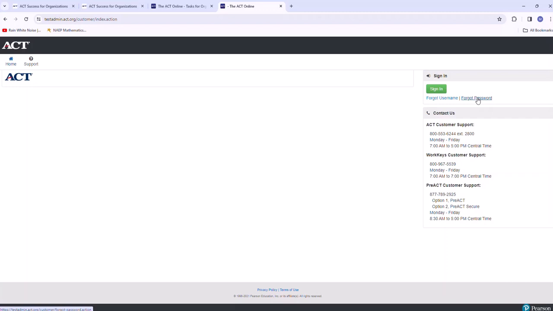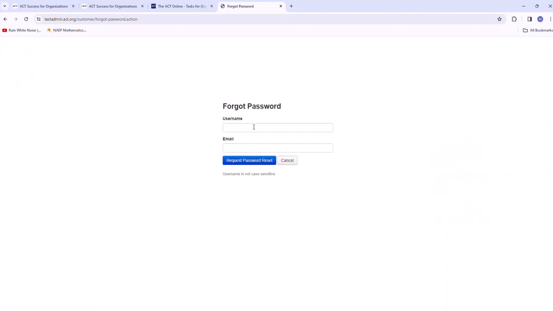So if you've never logged into PA Next, click on Forgot Password, and your username and your email address are the same. Click on Request Password Reset, and it's going to send you a link in an email, and then that's where you go.